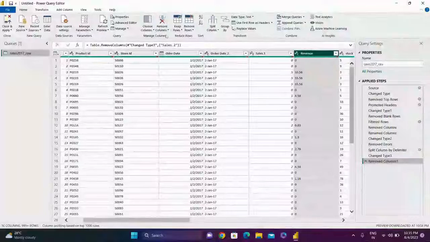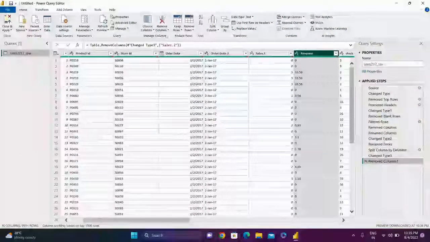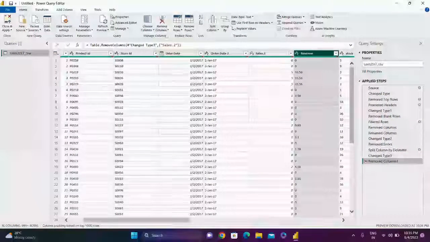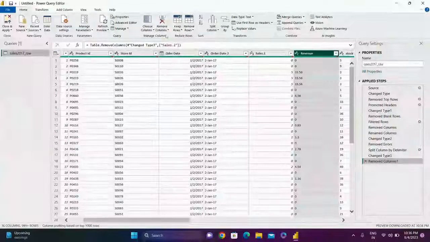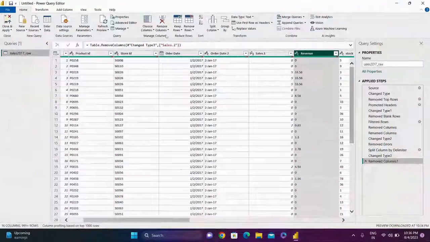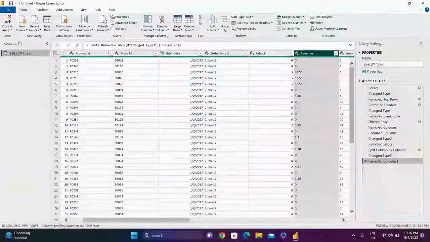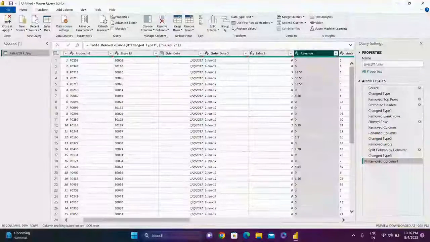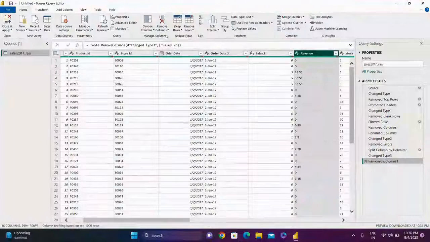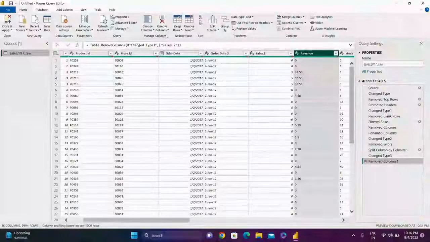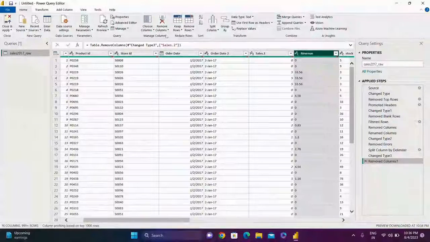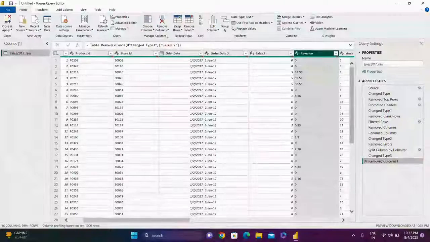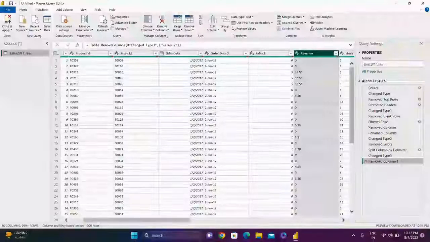So now we have explored multiple things over here, like how we can change the data type, splitting up the columns, removing any unwanted rows or columns, filtering out the data, changing the formats of the data. So all these things we have seen here. But this is not the limit. It's not like we can only make up to these changes. We can make many more changes, and for that we have to connect back tomorrow to explore more with the Power Query Editor. So please stay connected and keep learning.